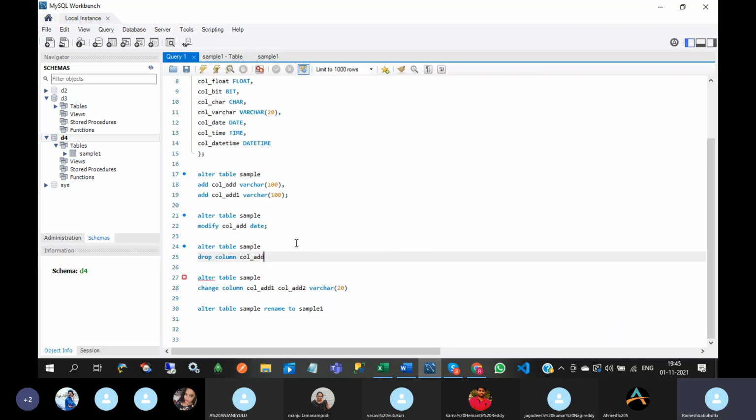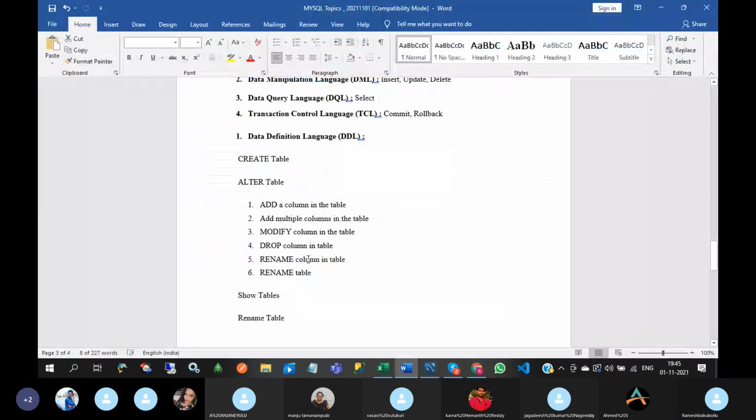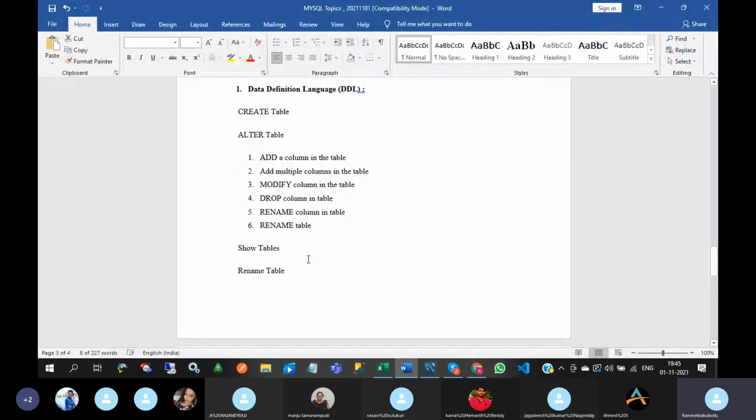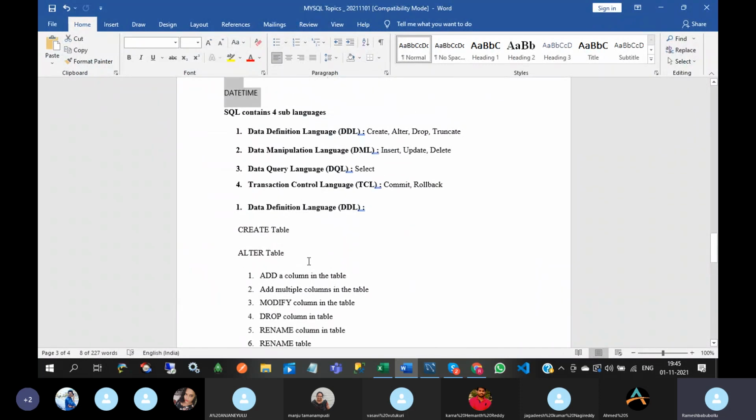Okay, so you can write the queries for achieving these functionalities, or you can do it in design itself. So till here, anybody having doubts? No, it's fine.